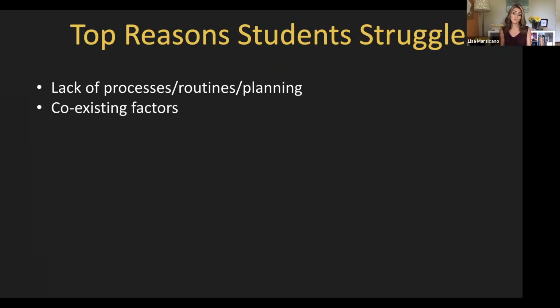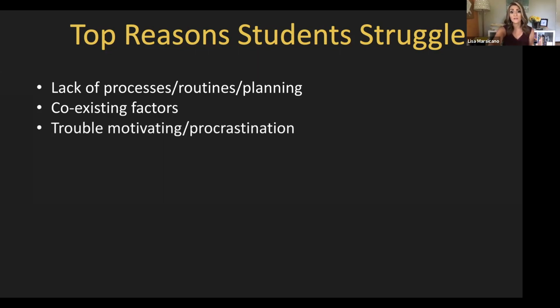Coexisting factors. A lot of you struggle, or a lot of us, I should say, struggle with attention or focus or learning, or maybe we have dyslexia, some social emotional difficulty, self-regulating, anxiety, depression. There's a lot that goes into and makes up who you are. And it's important to just recognize that all of that factors into how you show up and how well you actually are managing. So make sure, if any of that is the case for you, that you're aware of it and that you're taking some ownership and you're addressing that and finding the strategies and the supports that you need, because that will interfere with your ability to do well. And we want you to be able to feel confident and be successful.